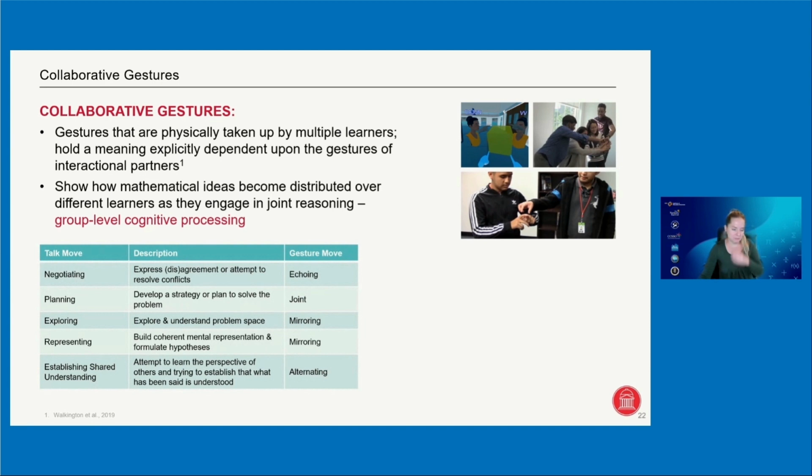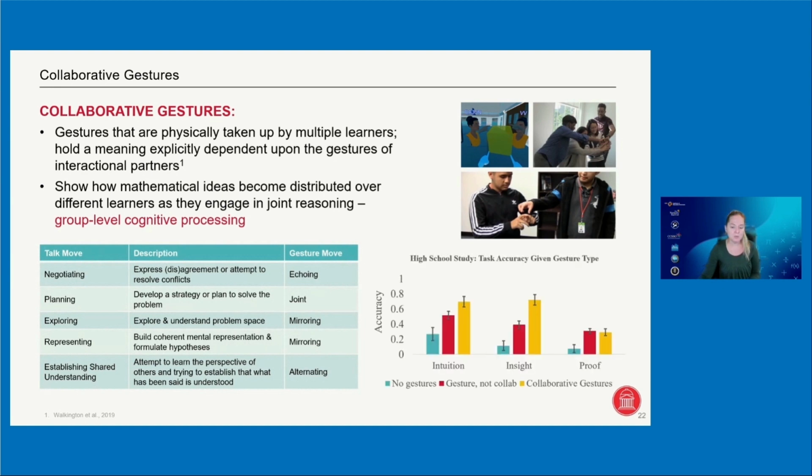And we started coordinating different gesture moves, like we had collaborative gestures where students would echo each other's gestures or they would mirror each other's gestures. And these tended to co-occur with different talk moves when they were, for instance, planning what they were going to do, when they were exploring, or when they were representing a mathematical idea. We also found an association that when students made collaborative gestures, they often tended to have better performance on the math problems. So we were interested in testing this kind of correlational relationship in an environment where we could induce